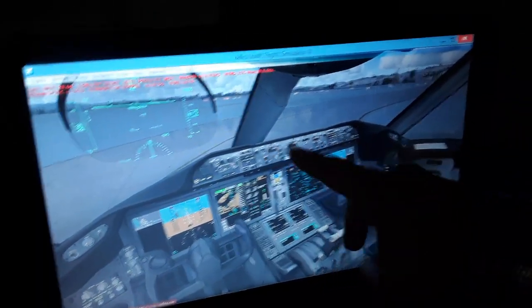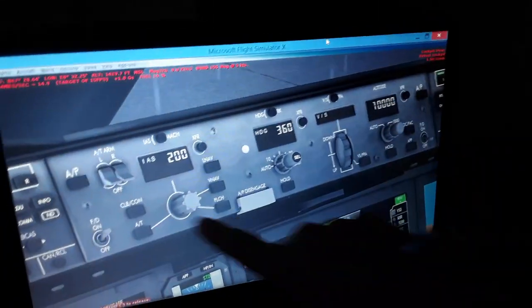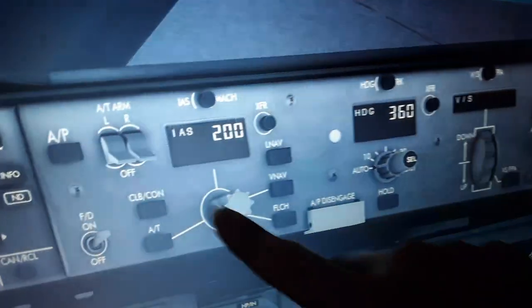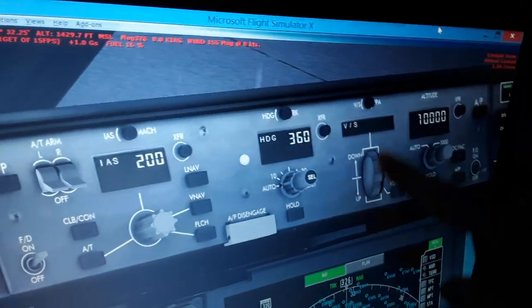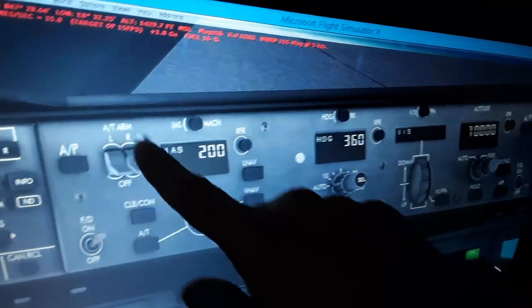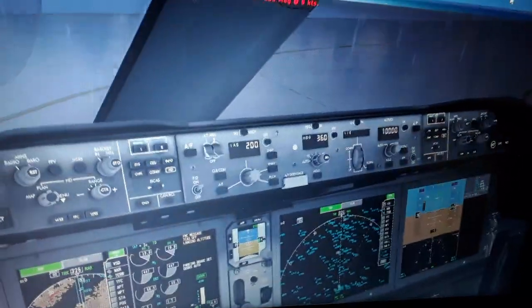Also, when we connect the autopilot and flight director system panel in a later stage of the flight, you can see autopilot engaged, disengaged. We have the LNAV and the VNAV modes, the airspeed guidance, the heading guidance, the vertical rate of climb descent of the aircraft, the altitude select, the flight director on and off, and the auto throttle, arm and disarm. So we're gonna select all the modes here. You're gonna see how we're gonna use the autopilot panel. When we connect, it's gonna follow the flight plan we're gonna create using the flight management computer. This purple horizontal line, also vertical in the LNAV and the VNAV modes,